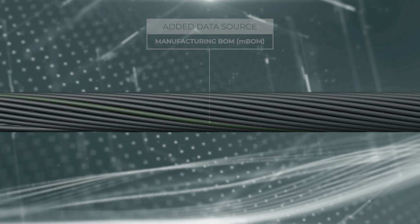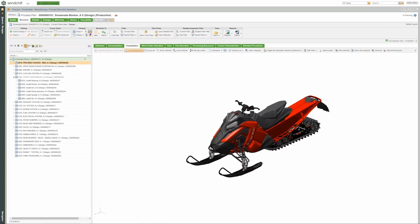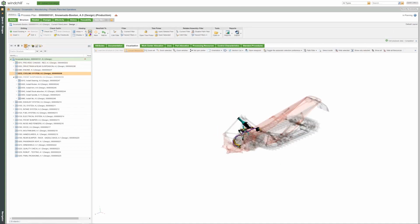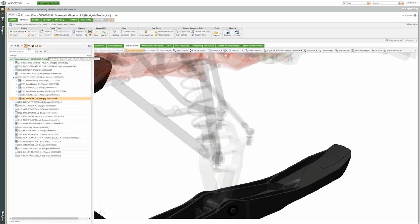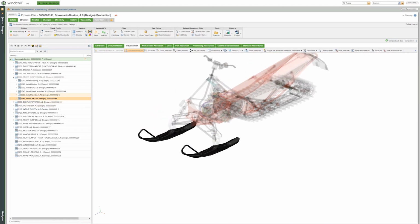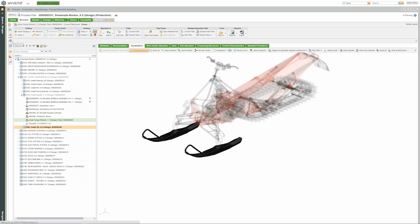This MBOM data is added to the digital thread, allowing it to be accessed by other systems like MES or ERP to update the spindle's material master record or digital work instructions. This MBOM, along with the process plan, helps them validate manufacturability early, shorten time to production, and reduce overall product